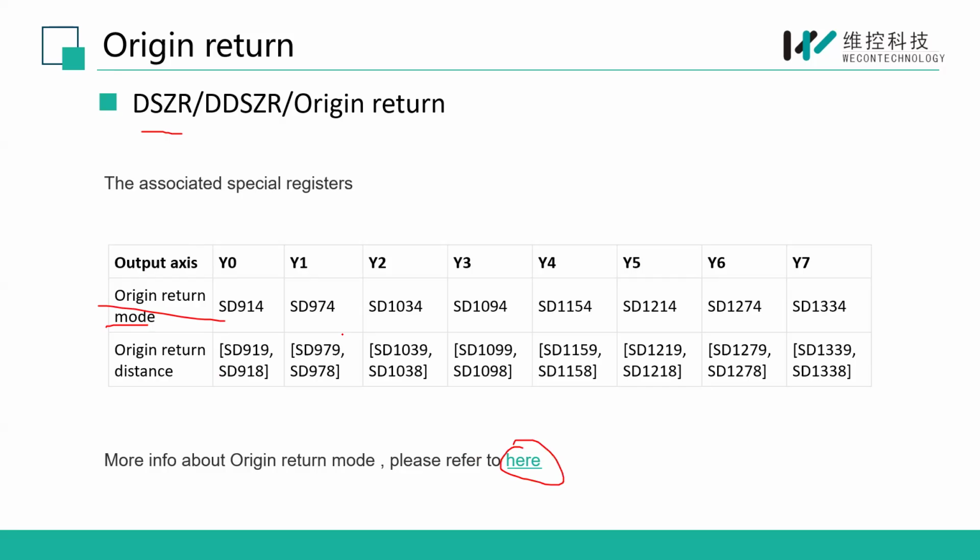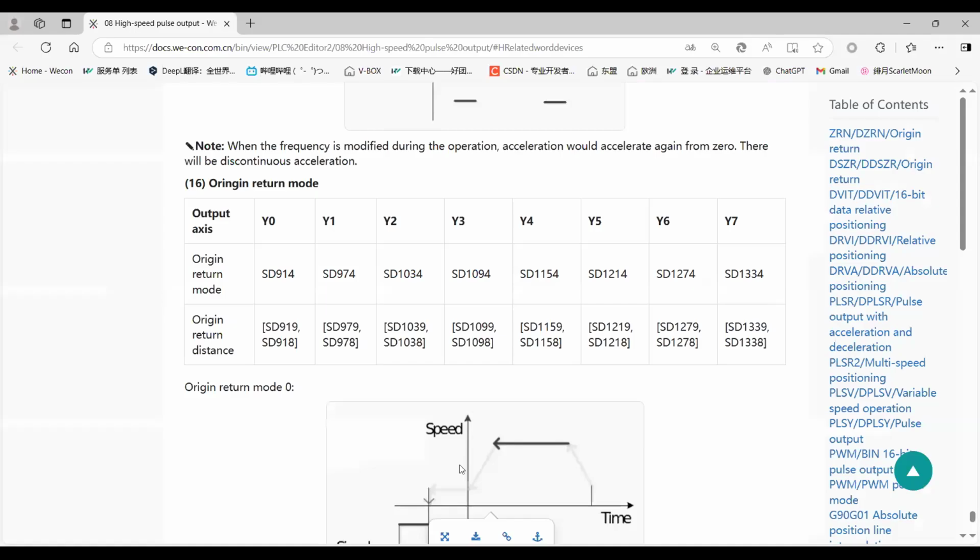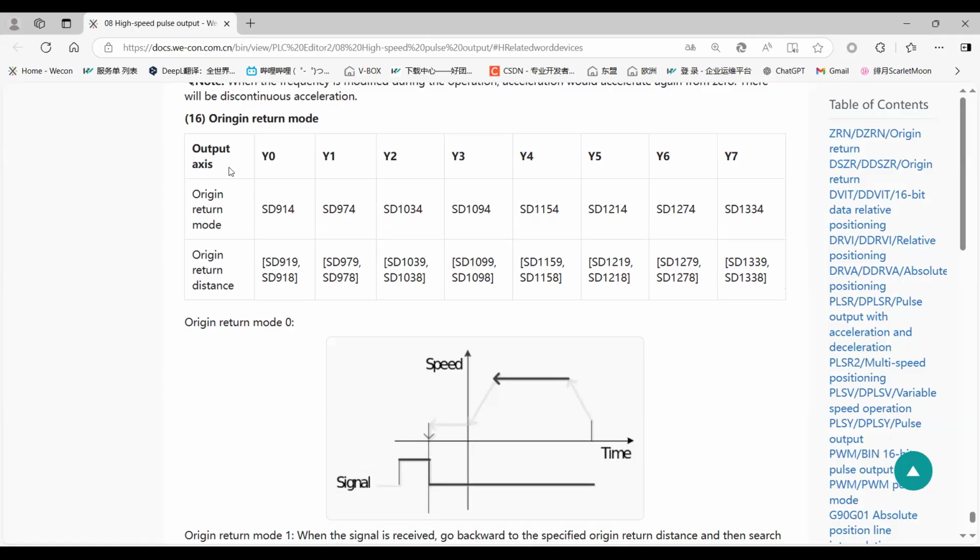Let me change. Okay, now I have changed the information on our website. First, we need to determine the output pulse terminal. For example, if I choose Y0, then we set the required back to origin return mode in SD